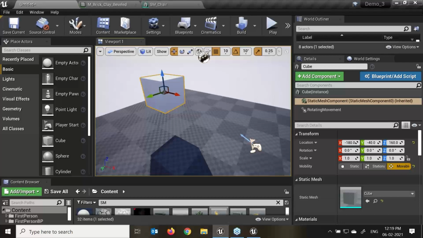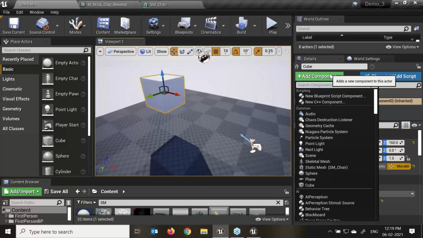So these are the different actors that we can apply to our object. Once we have added a component to define our actor, it is important to note that you can place an actor in our level without providing any blueprint script. Here I have still not added any blueprint,